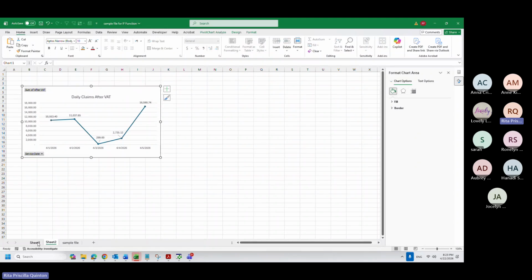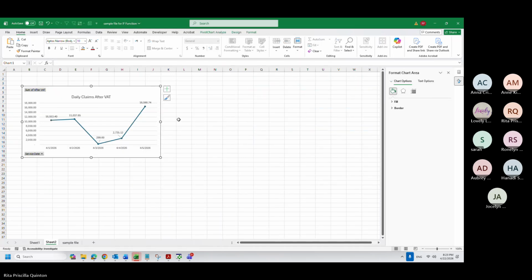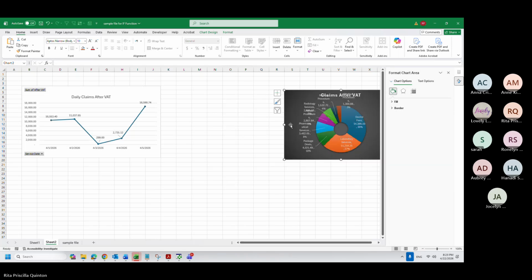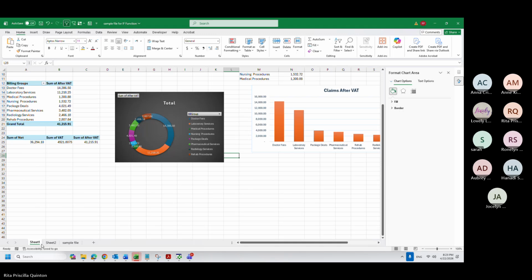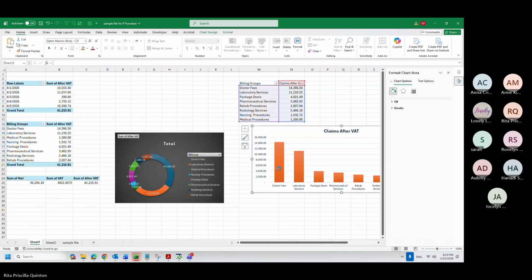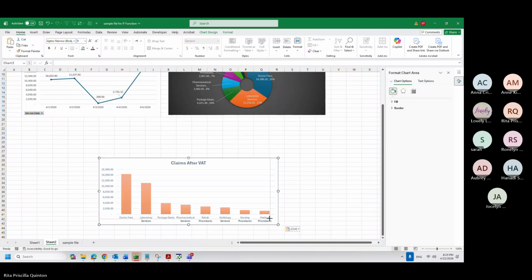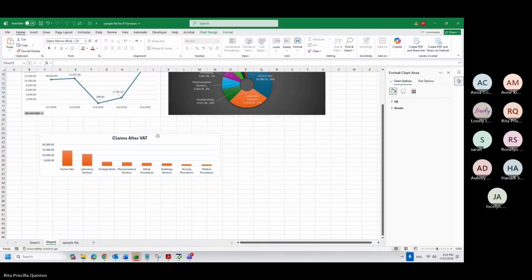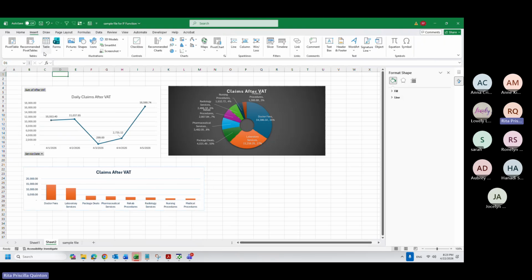So from here, then I will cut also this and paste it here. Okay. And then on the top, let us try this.